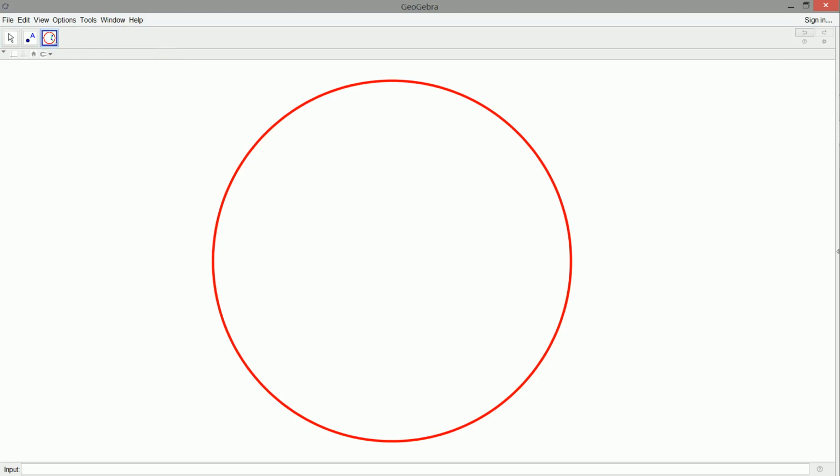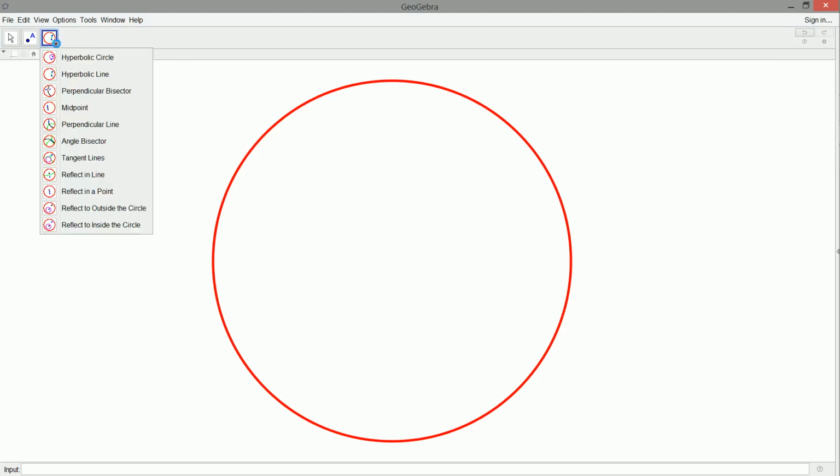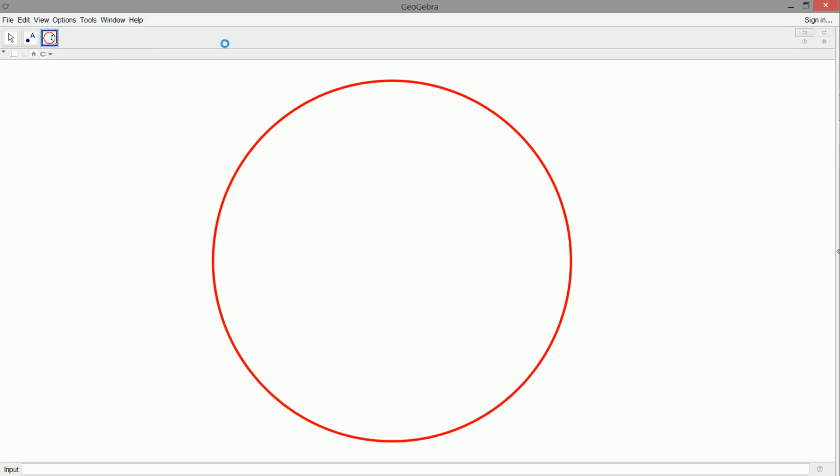And I touched on this a little bit when I created, which tool was it? I think it was reflecting point outside the circle. In hyperbolic geometry, one of the things that distinguishes it from regular Euclidean geometry is this: you have a line, you have a point, and in Euclidean geometry you can get one unique parallel line through that point. But in hyperbolic geometry, this is not the case. You can actually get infinitely many lines. So here we have a given line, and then maybe we have a given point out here. We can create lots